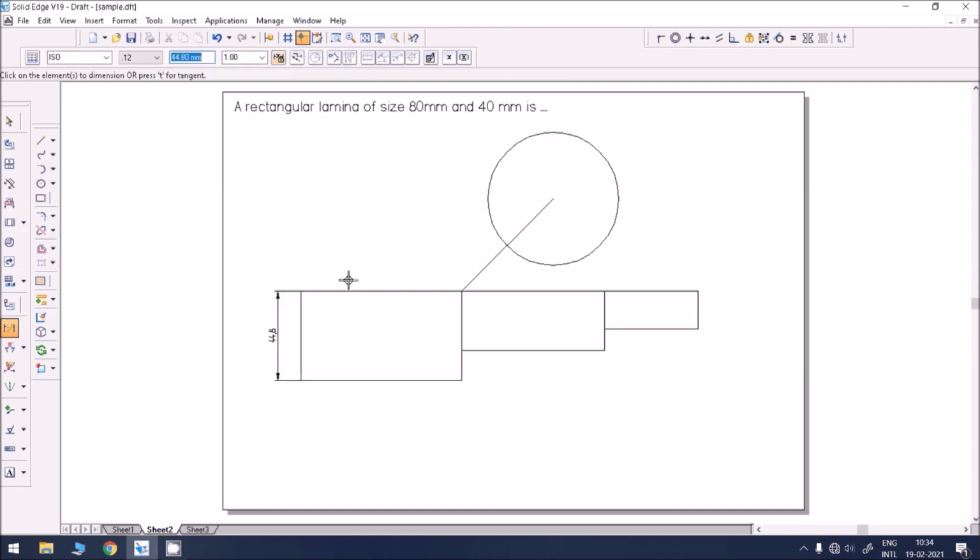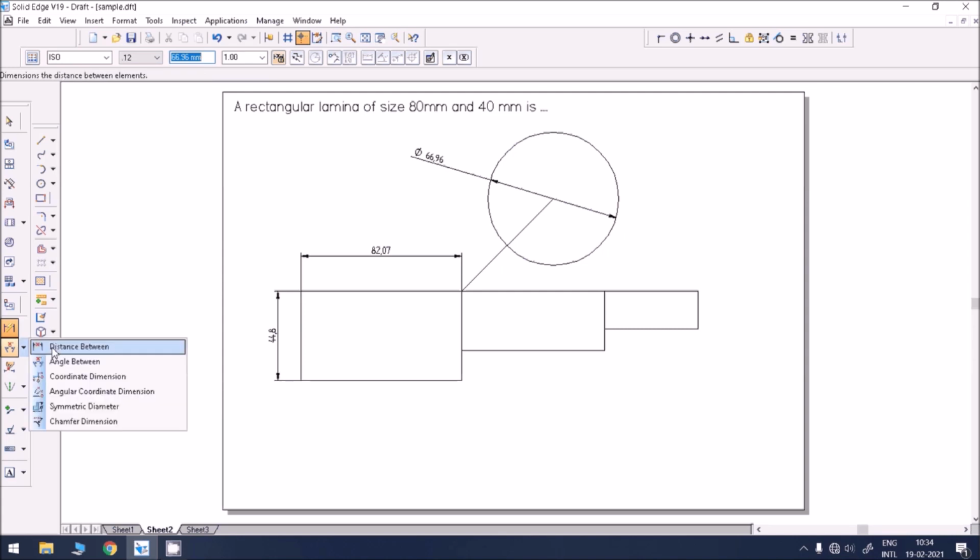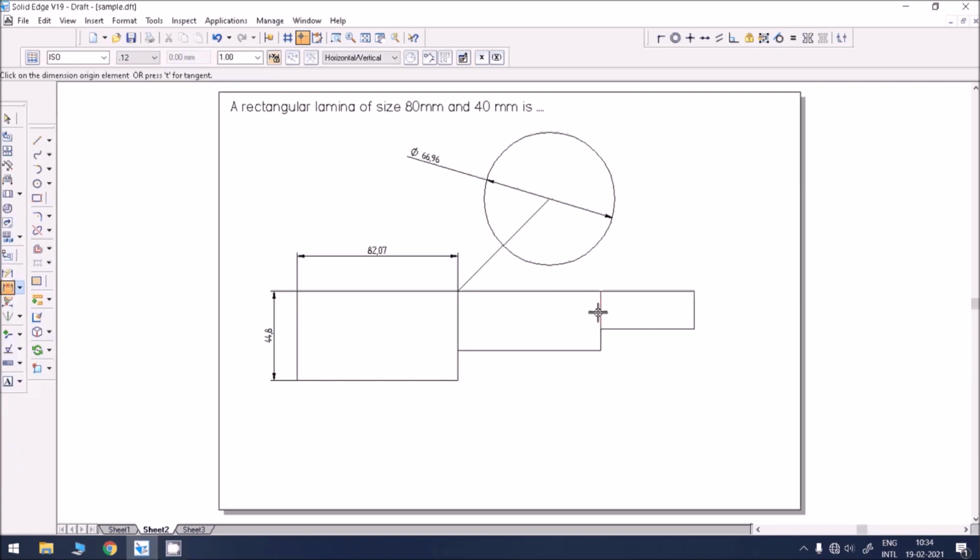You can use smart dimensioning option to dimension any line or edge like this and place the dimension. You can also select circle for representing its diameter or radius. You have specific options like distance between two entities, can be 2 points or 2 lines. Like this, you can place the dimension. It can be between these two parallel lines also.